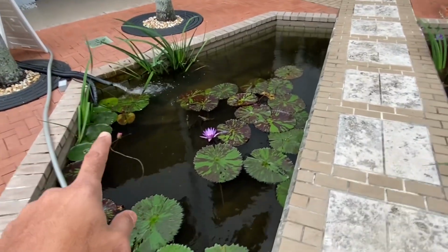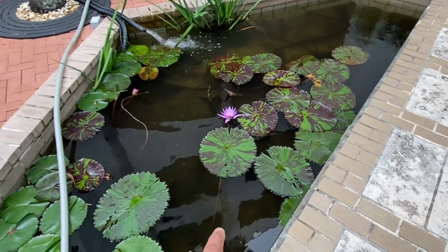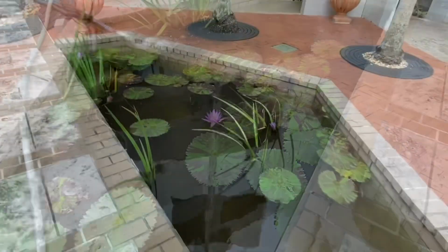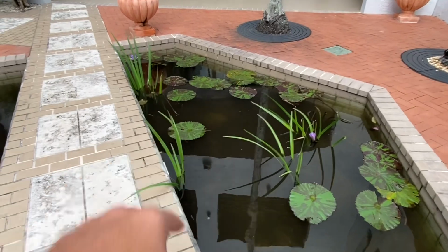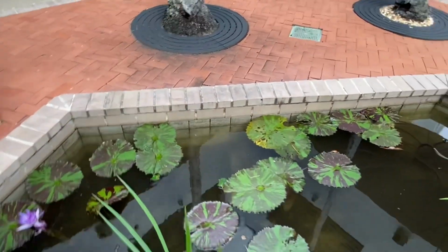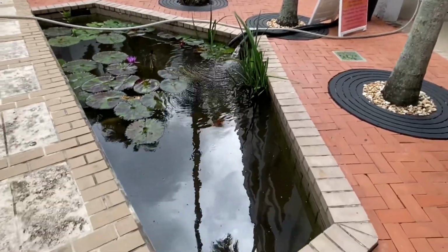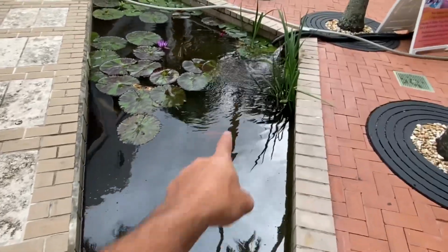And adding the flow to here, and then there's some more flow over here, has also helped the pond not become so stagnant. So basically when I come here, I just get all the dead organic matter out of the pond, check on the fish, make sure they all look good, and clean out this filter, which I'm about to do in a second. But what I needed your guys' help with was, you can see we got another koi